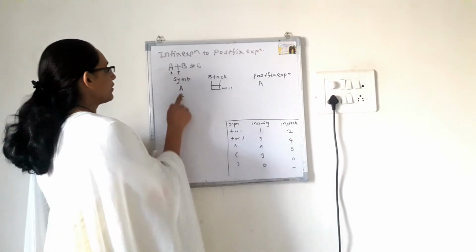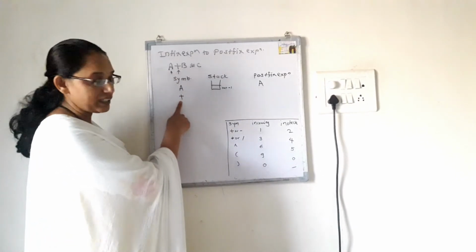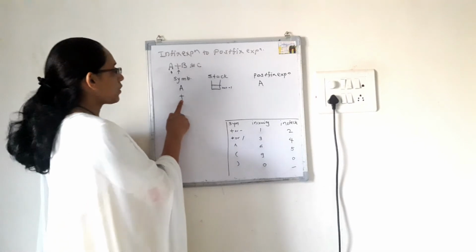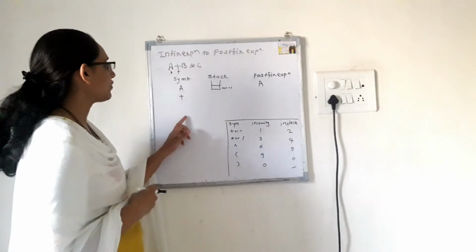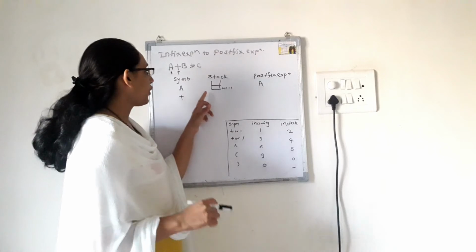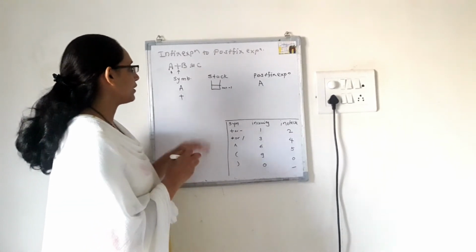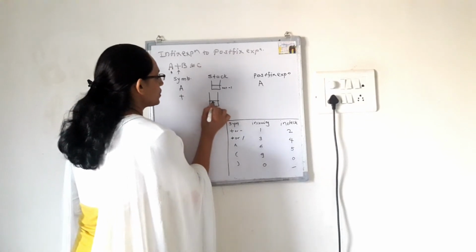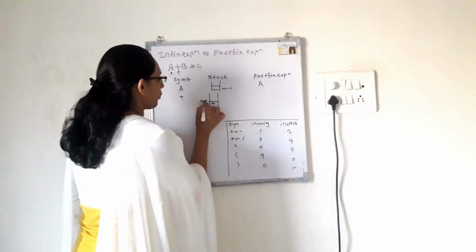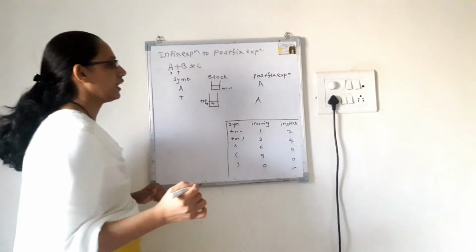Now the next symbol we read is plus. Check whether this is an operator or an operand. This plus is an operator, so we are going to push it into the stack. Before pushing, we check the top stack operator priority, but in the stack there is no element. So we directly put the plus into the stack and this now becomes the top. And the postfix expression contains A.